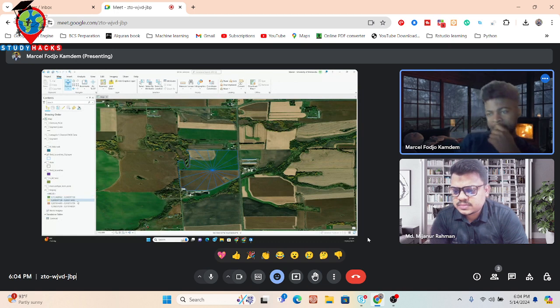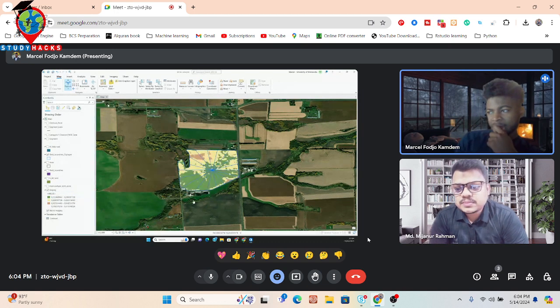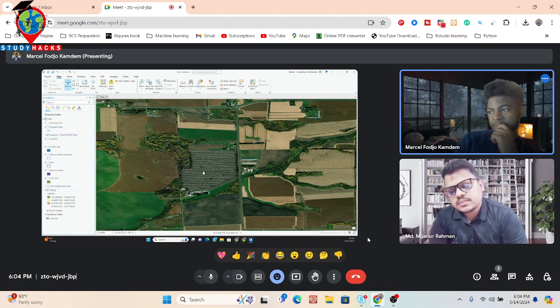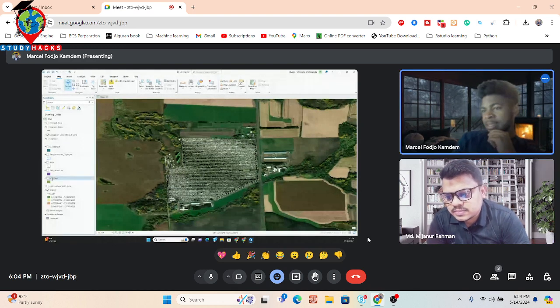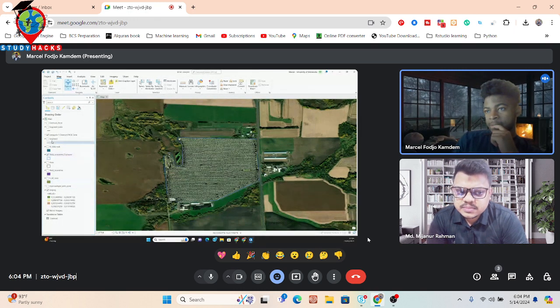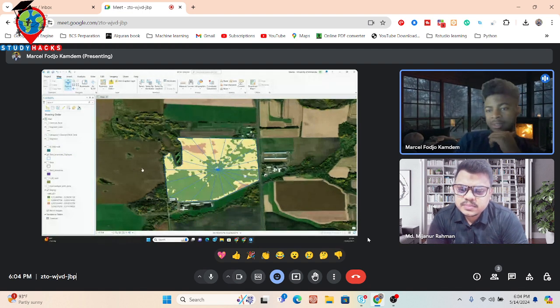So actually, this is the layer I'm talking about. I created this layer by interpolating this data. Now I want to divide this field, because this field contains soil electrical conductivity data, and I would like to divide it using this polygon so that when I click here, I have